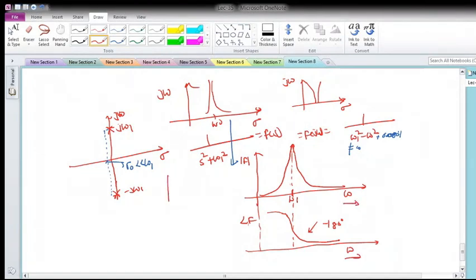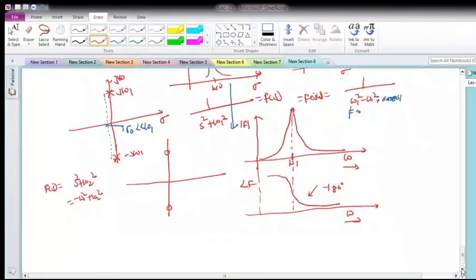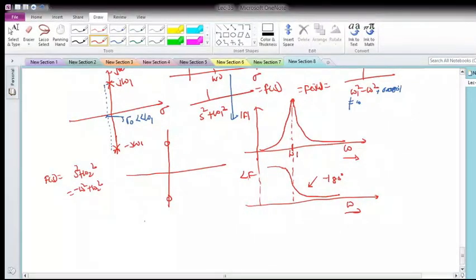Now if the zeros lie on the imaginary axis like this, what is my f of s? F of s is s square plus omega 2 square. So in this case it is minus omega square plus omega 2 square. Now if this is the case, then what is the magnitude? We said the magnitude was 0, but now I slightly shift these zeros towards the left side, somewhere like this, at minus sigma 0, and say sigma 0 is very less than omega 2. This is sigma, this is j omega. So now what will happen?